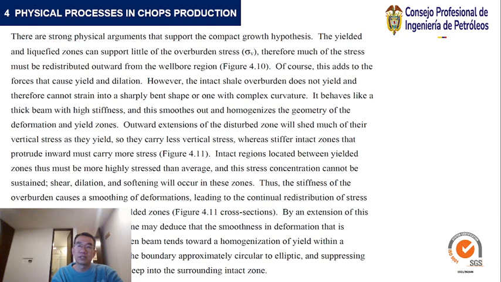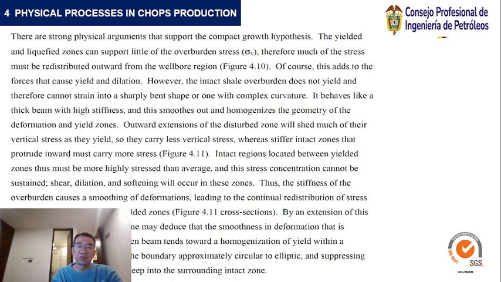Of course, this adds to the force that causes yield and liquefaction. However, the intact shear overburden does not yield and therefore cannot strain into a sharply bent shape or one with complex curvature. It behaves like a thick beam with high stiffness, and this smooths out